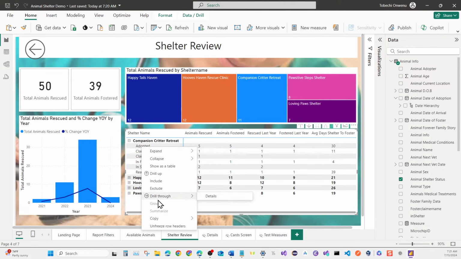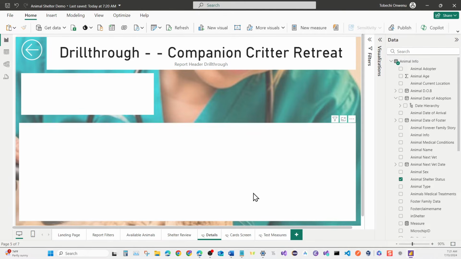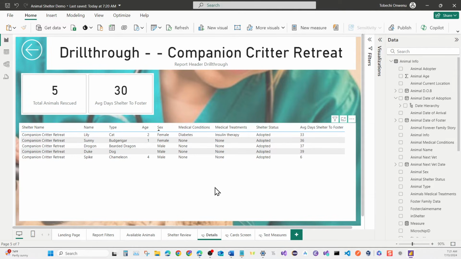If you right click on it and you go to drill through, it will give you the option to go through a details page. When you click on the details, it will take you to our details page, right? And as you can see, we have an error here, which we will adjust later. So drill through companion